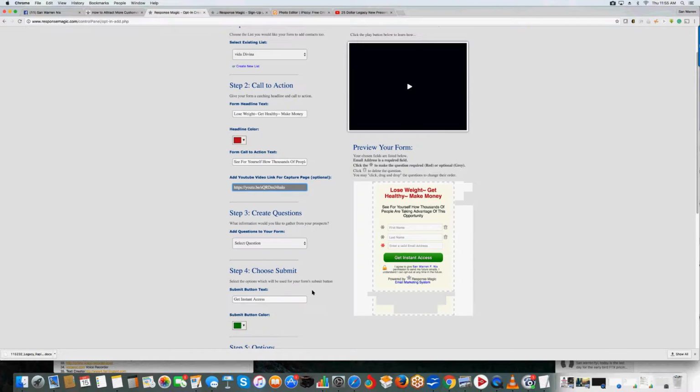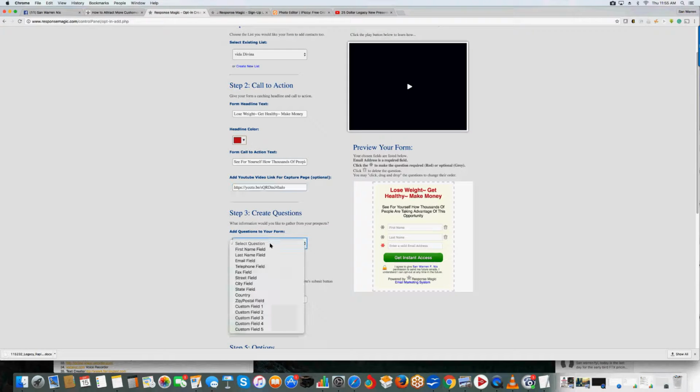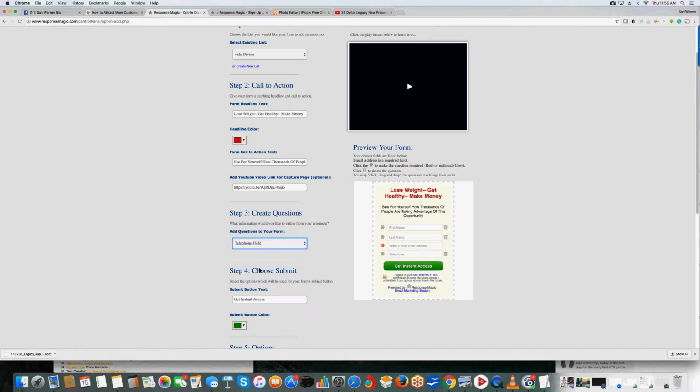And then it says select questions. These are the extra questions. Now, as you can see over here, it only has first name, last name, and email address. I want to put the phone number in there. So whatever field I click on here, it'll be extra over there. So I'm going to click on telephone, and there it is. Now, I want to make these required. I want to make the first 3 required. So if I hit highlight just like that, these are required. I'm not going to make telephone required. I'm going to make it optional.